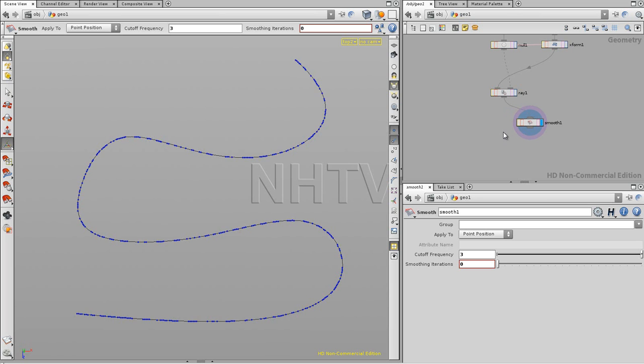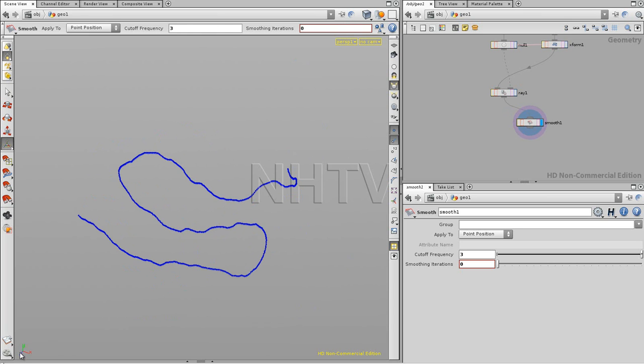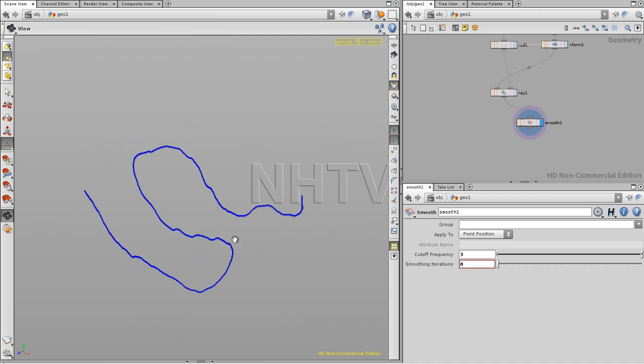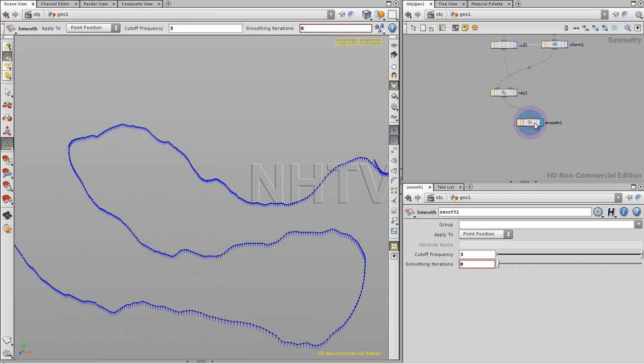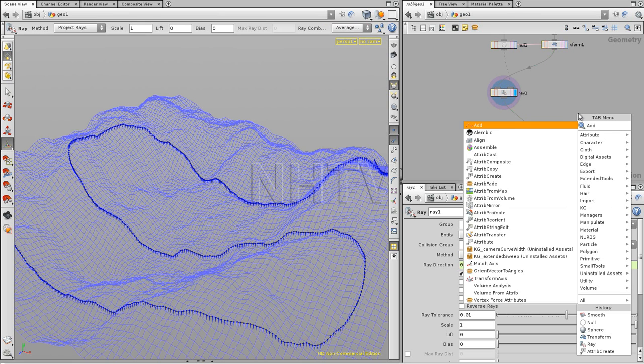So what we need to do now is make sure that the smooth operator is only going to affect the Y direction and not the Z or the X direction. So how can we do this? Well, there are a few things that we can do. First one is, let's say that we are going to put the Y direction into a different attribute. So we're going to create an attribute,